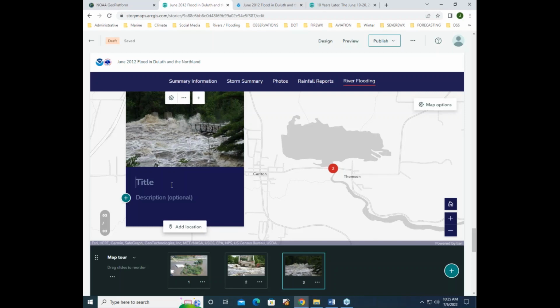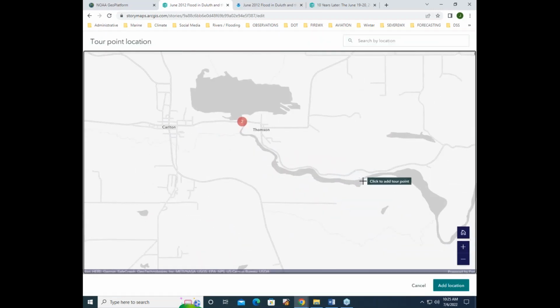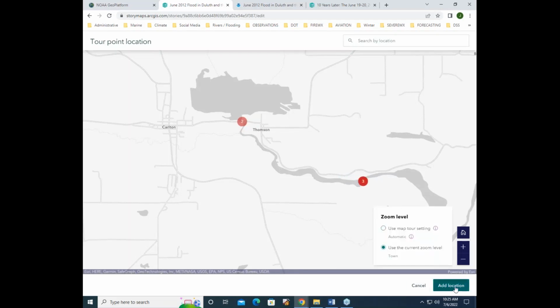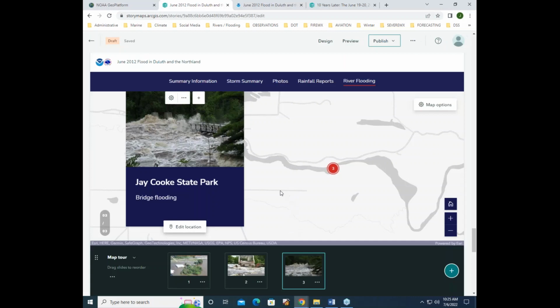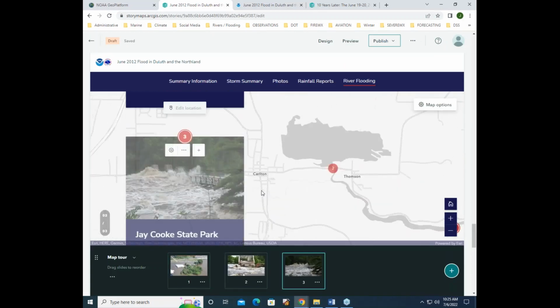So this third image I'm going to call J. Cook State Park. I'll just say bridge flooding for the description, add a location. And this one's a little further downstream yet. I forget exactly where it is, but I'll just click a location roughly there, add the location, and there we are. So we have 3 images added as a little bit of a map tour,